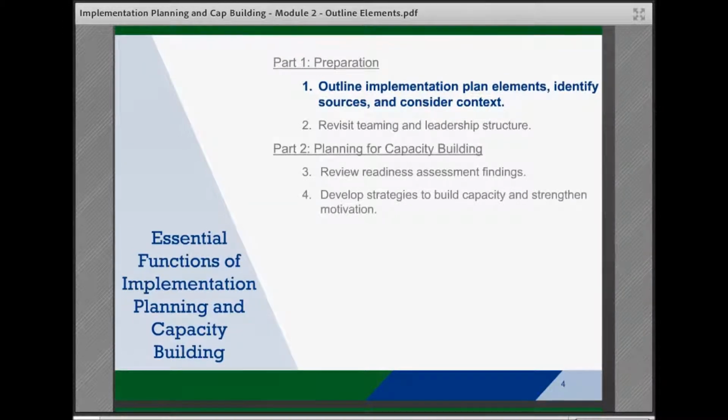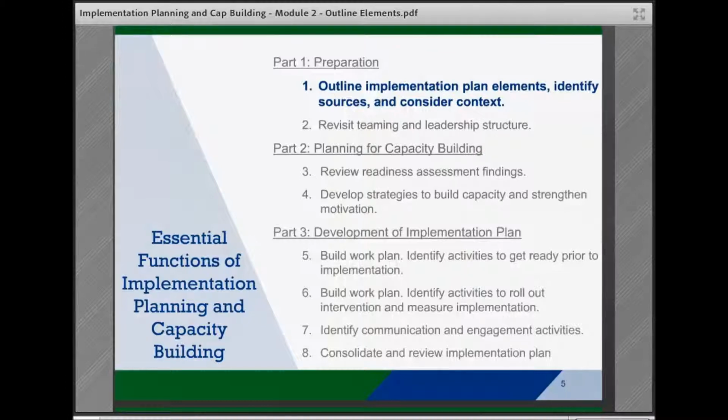Part 2 is planning for capacity building and includes reviewing readiness assessment findings and developing strategies to build capacity and strengthen motivation. And Part 3 is development of the implementation plan, including building a work plan for activities to get the intervention and agency ready prior to implementation, building a work plan to identify the activities that will roll out the intervention and measure the quality and outcomes associated with it, identifying communication and engagement activities, and consolidating and reviewing